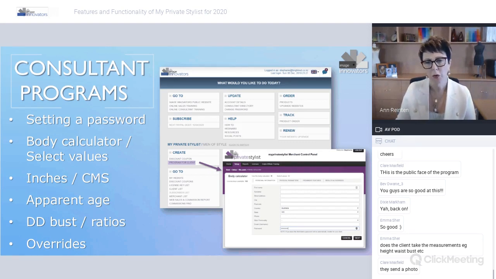You can also, if you're unfamiliar, up here in this area, select, or it's defaulted to the body calculator, which is where you take the measurements, or you could go over to the